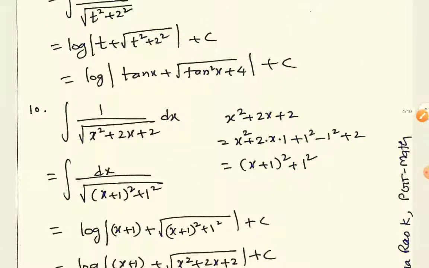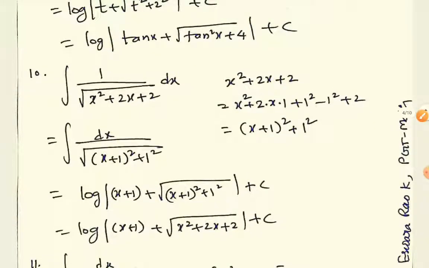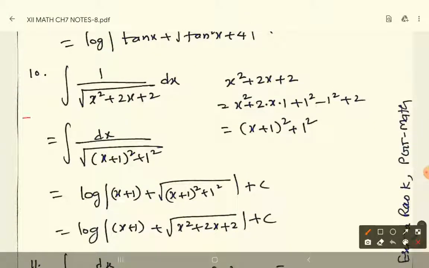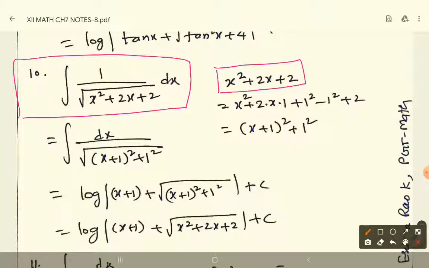Next question. From here it is related to the completing square method. The first question, it is the 10th question, 1 by root over x square plus 2x plus 2 into dx. So a quadratic expression is given which is having the middle term. The coefficient of x exists. If there is an x coefficient, you will have to do the completing square method. What method? CSM, which is completing square method.